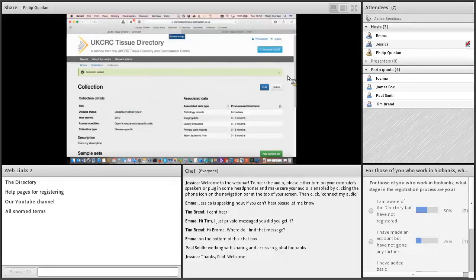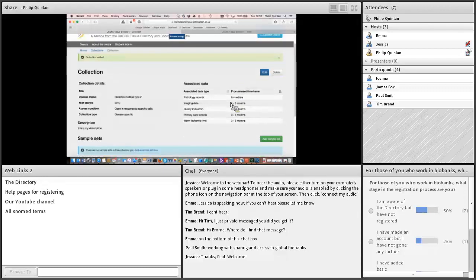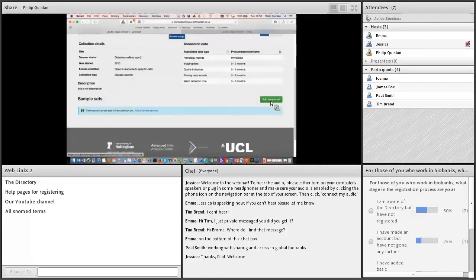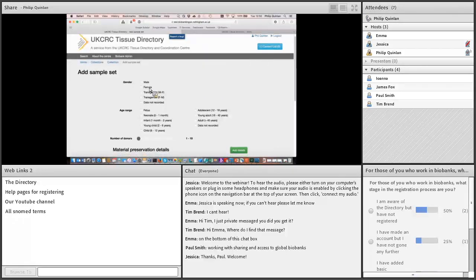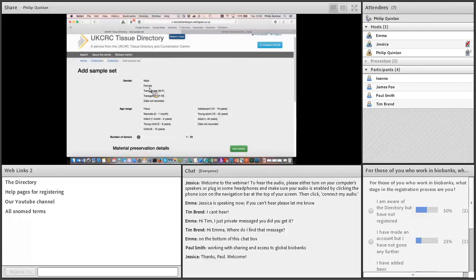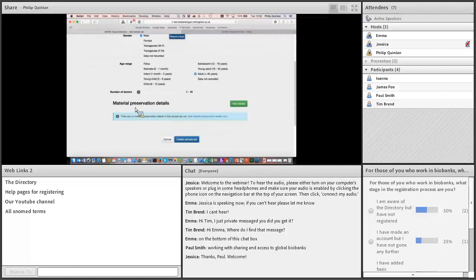That's called the collection. We now drop down to information about what we call a sample set. Now, what this starts to do is understand your collection, but broken down by gender and age. So we ask you to enter in separate information for each time there's a different gender and a different age. So here we can enter male, we can enter the age that it's relevant for, and then the number of